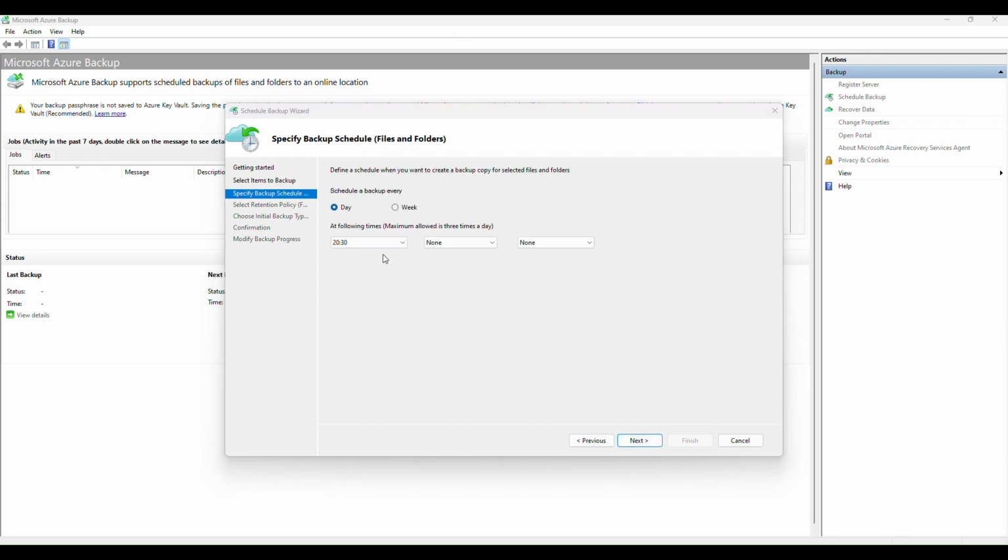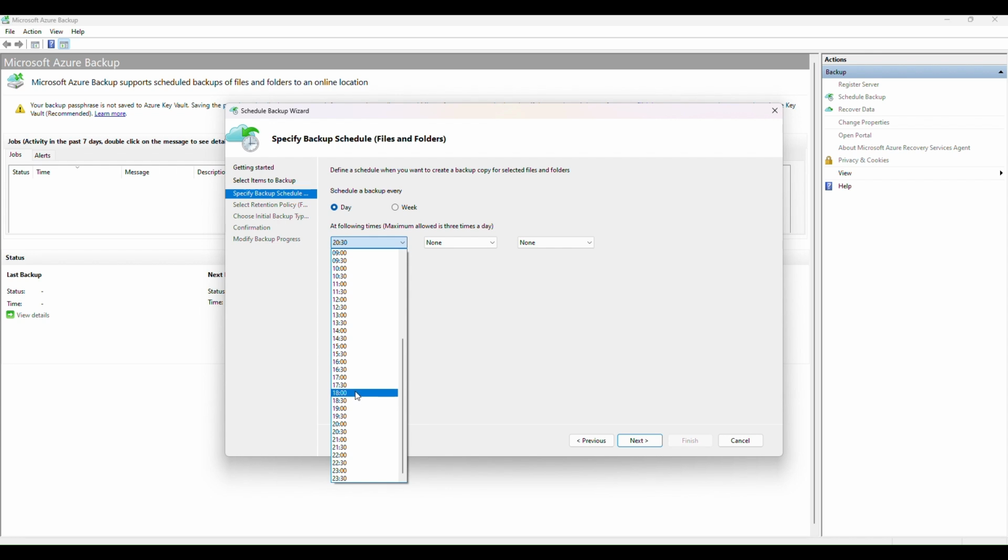You can mention the backup schedule here. Within a day you can configure 3 times. If you wish to schedule one time only, you can mention one time. If you wish to configure a weekly backup schedule, you can choose weekly and you can have 3 slots. But I prefer a day, after the production hours, or you can say working hours. So then you can select the 6. Next,